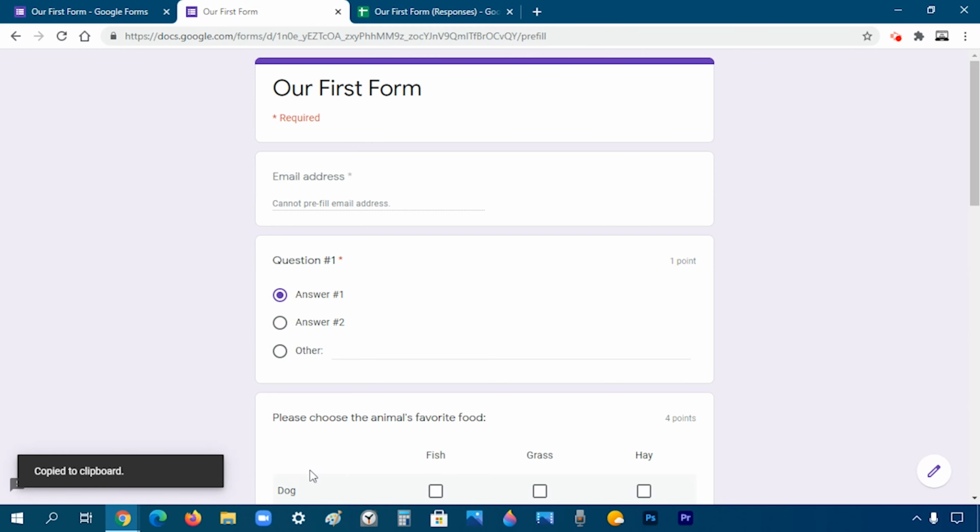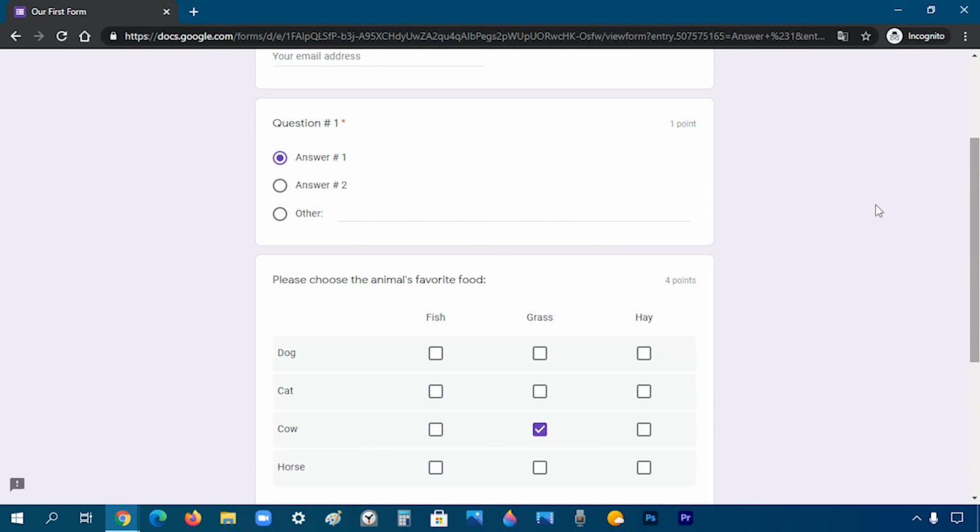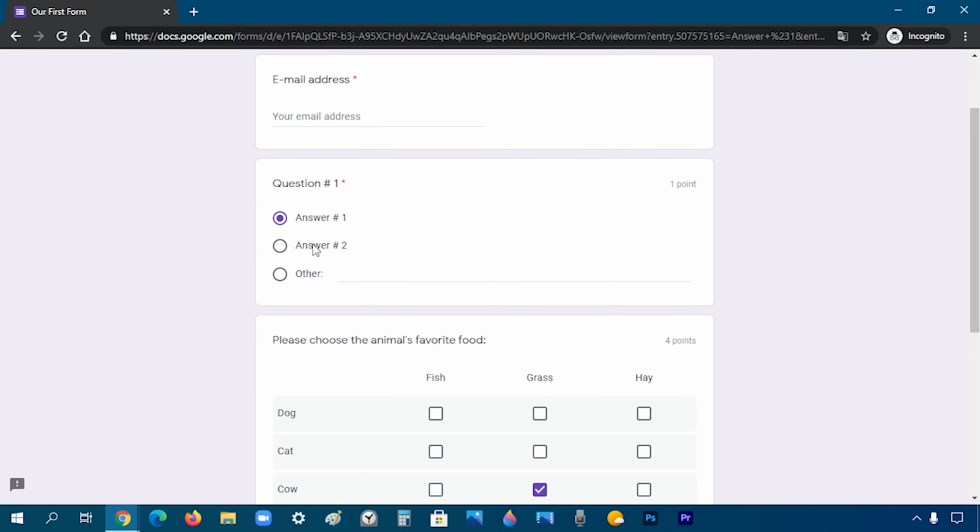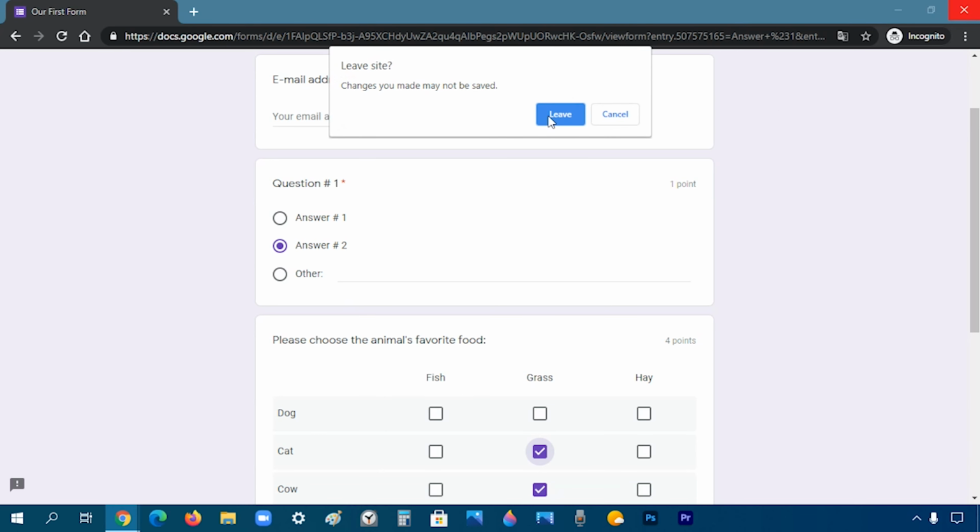If I open it on an incognito tab, I'm going to see the answers that I just did. This is useful if you want to send it to other people to see example answers. In fact, anyone with this link can actually edit the answers. Now I'm going to close this.